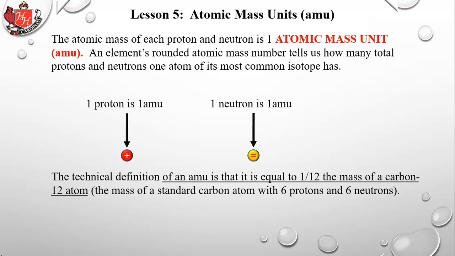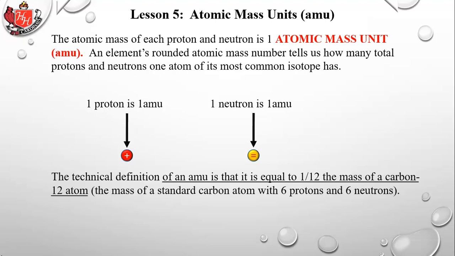Well, because we said earlier that protons and neutrons don't have exactly the same mass. It's close enough that for our purposes we're going to say that they do. But since they don't have exactly the same mass, they take the average of the mass of a proton and a neutron, or what they do more specifically is they add the mass of 6 protons plus the mass of 6 neutrons, and then divide by 12, and they get a mass that's halfway in between a proton and a